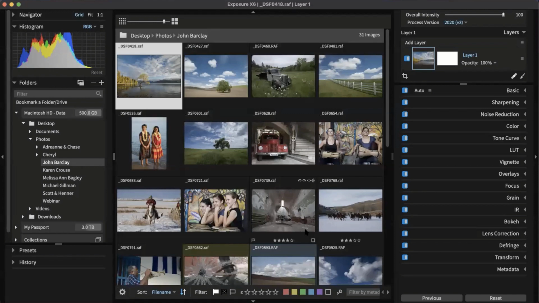So there are no modules in Exposure. All the commands that you see on the screen are available all the time. You don't have to switch between modules to do different things. Also, Exposure has a catalog-free workflow, so your edits are actually stored